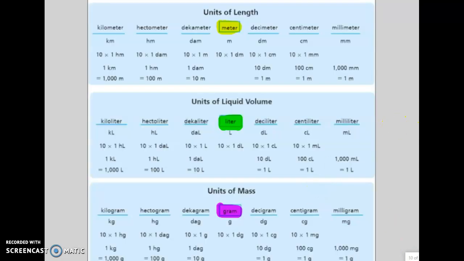So, let's look at our next chart. Here is what we've learned: units of length, units of liquid, units of mass. The charts all look the same. We use a meter for length, a liter for liquid, and a gram for weight. And then on either side of those measures are exactly the same types of